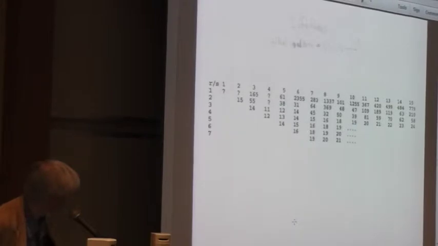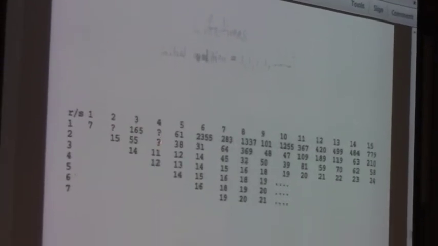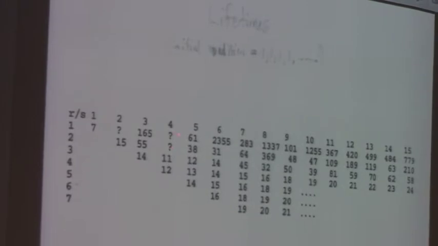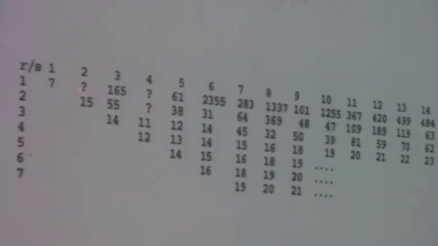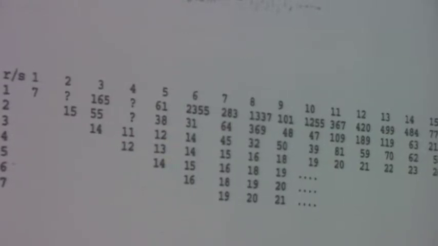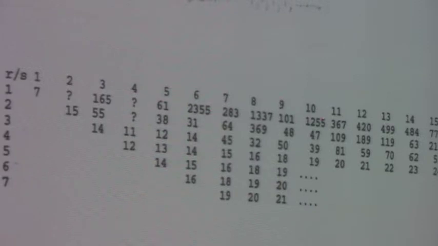And here is a table. I'm sorry, it's not very graphically elegant, but the question marks represent what look like, for all appearances, for all we know, infinities. As far as we can tell, these 3 question marks are infinities, and all the others are mortal. And so you might ask yourself, what is this row here? Let's imagine that we hold R constant and let S vary, and look down this row, or look down the